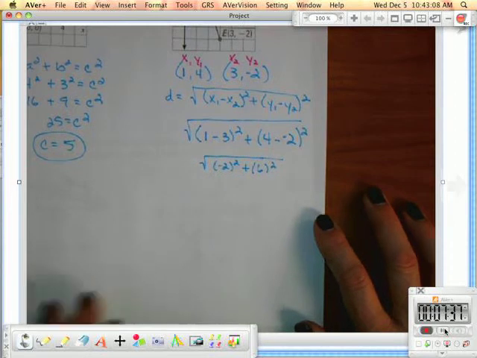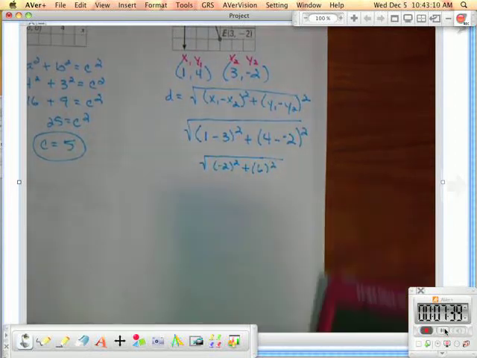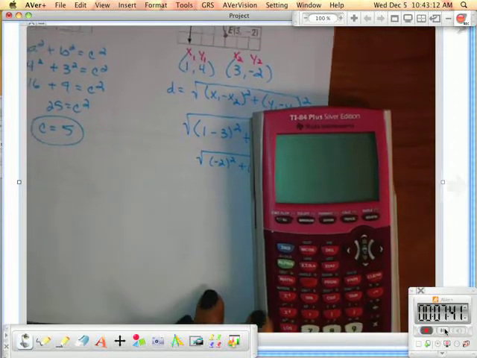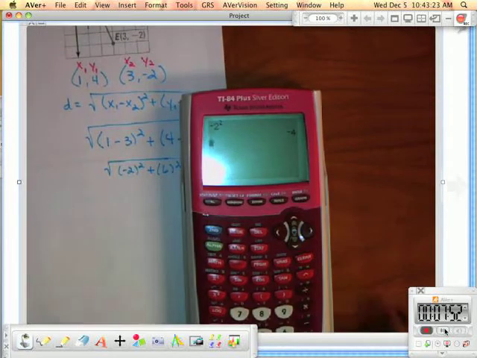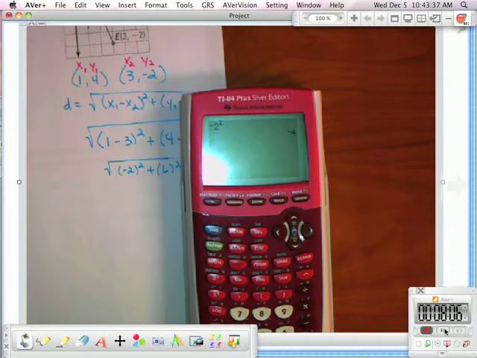If you pull out a calculator and you put in negative 2 squared, what's the calculator going to say? Watch. Negative 2 squared. What's it going to say? Can you read it? Is that right? No. Thank you for saying no. It's not right. What is negative 2 times negative 2? 4. When you're squaring a negative number on a calculator, you have to put it in parentheses because the calculator